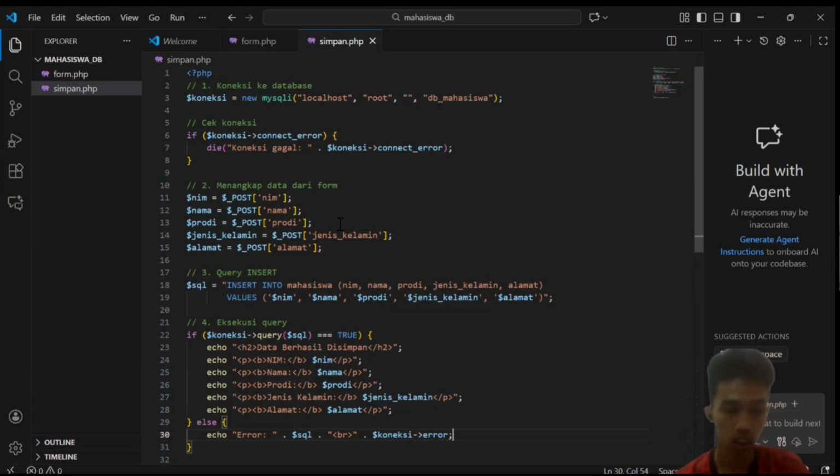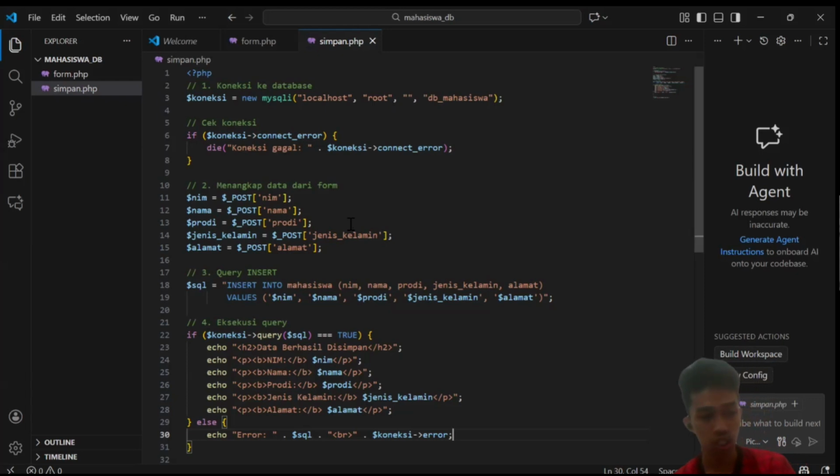The host is localhost, the username is root, the password is left empty, and the database name is db underscore mahasiswa.